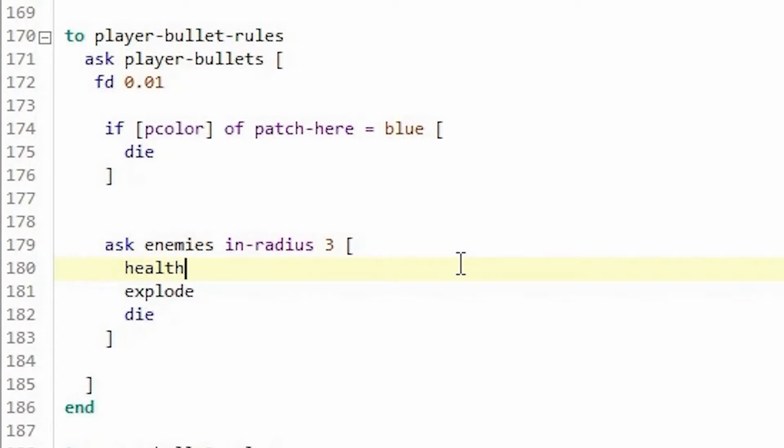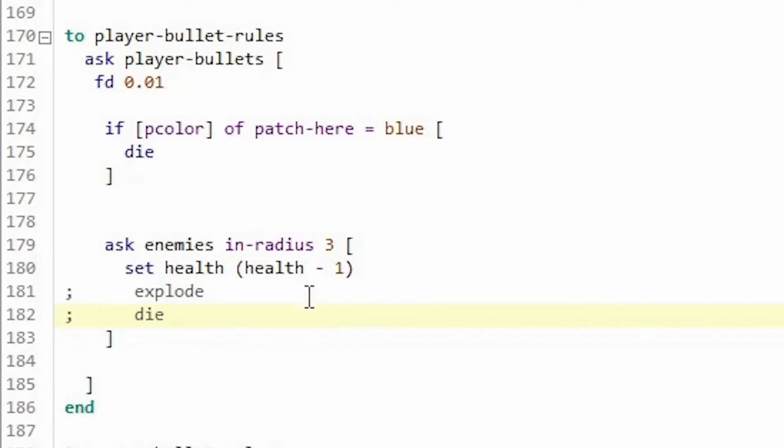We have to set health. We are asking it to reduce health by, let's say, health - 1. Reduce health by 1. And I'm going to comment out this explode and die. So let's check this.